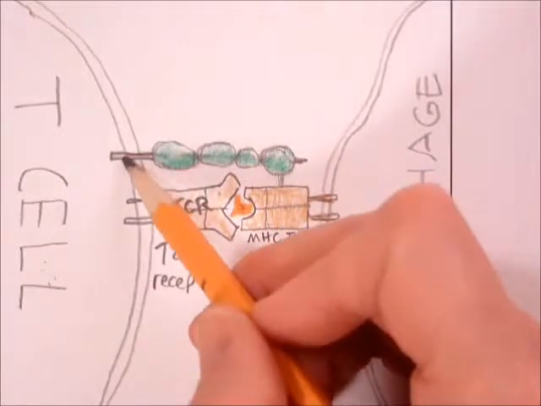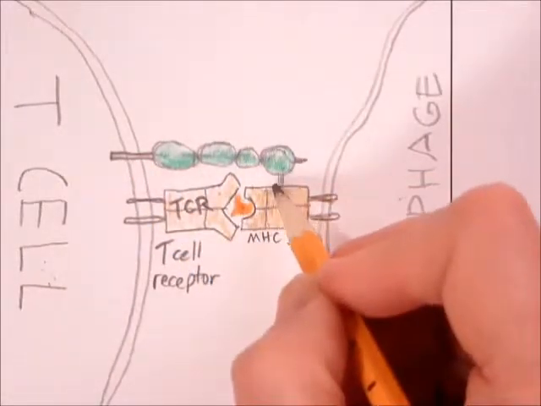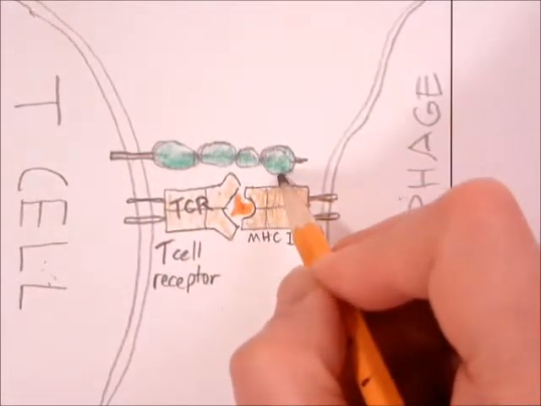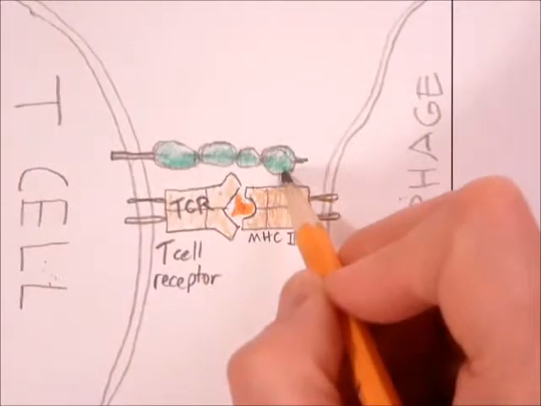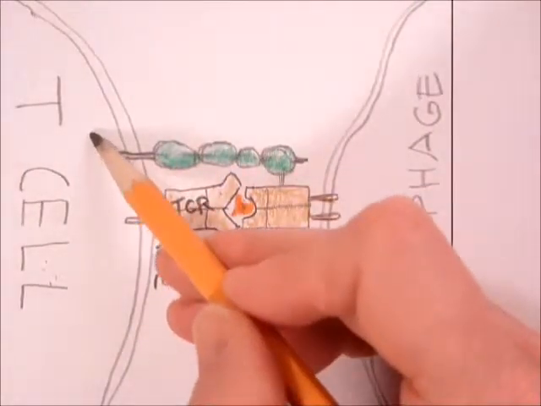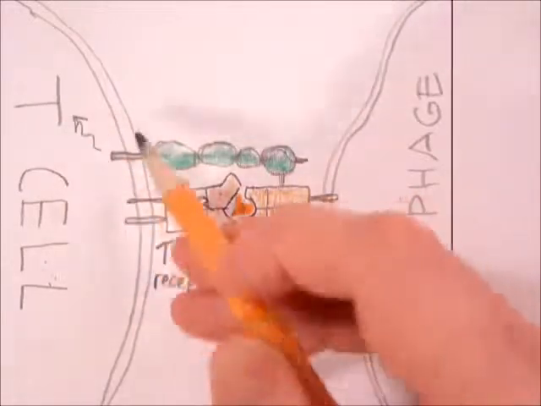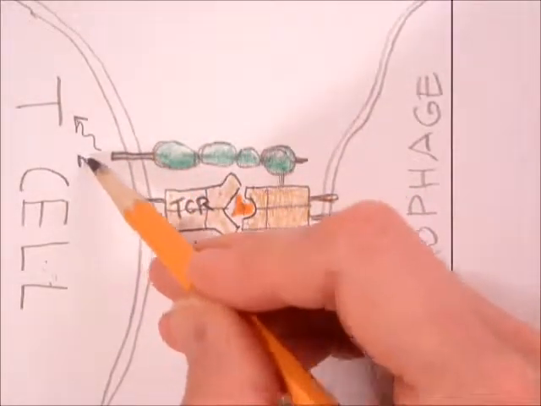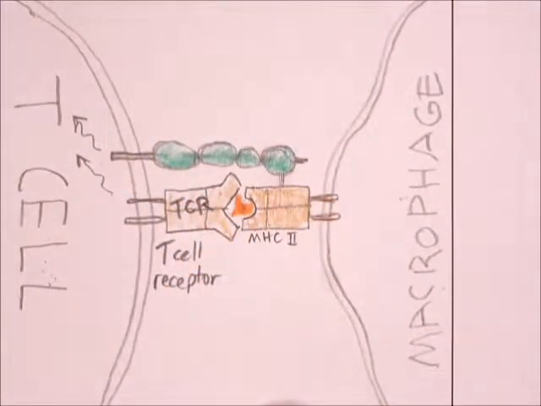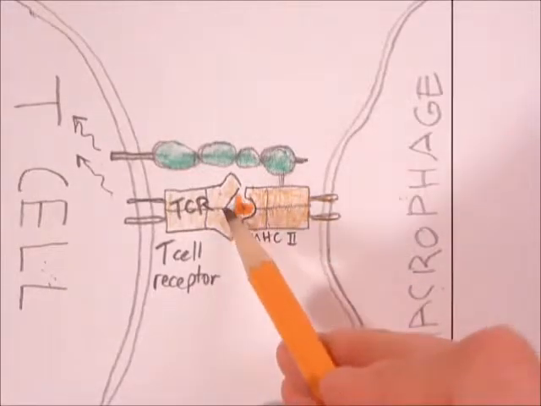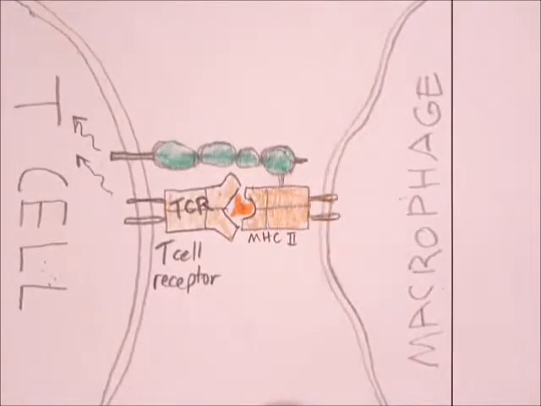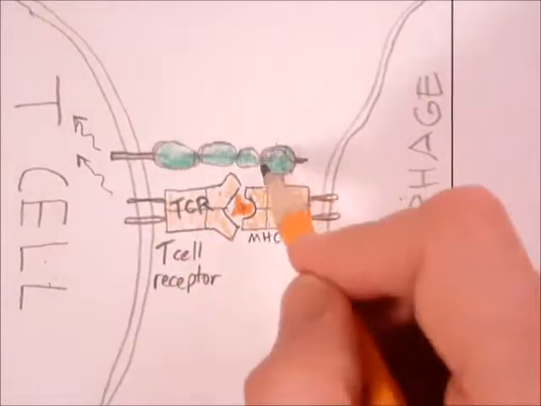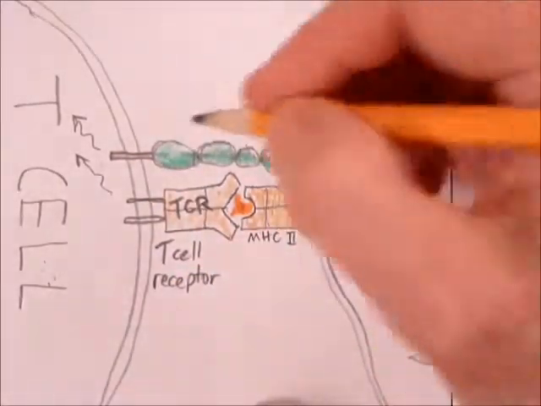And then signals will go down. If this matches, then if it doesn't match, nothing will happen. But if it matches, then it'll send signals into the cell and activate the T cell. Okay, so this has to match and this has to match, both. And this little thingy here is called